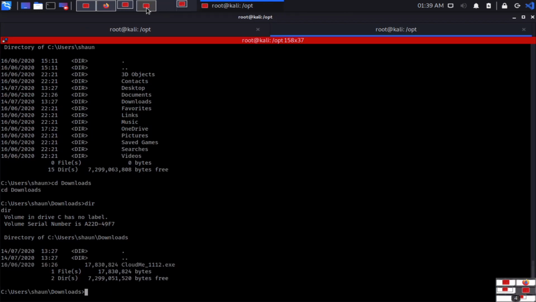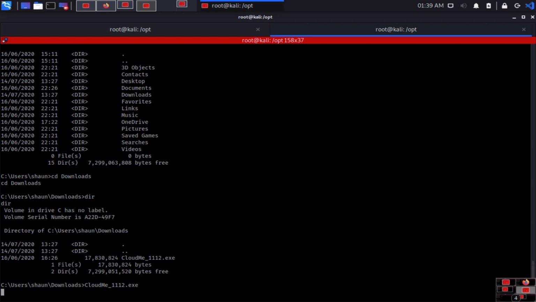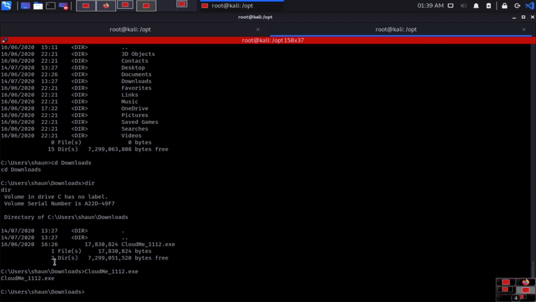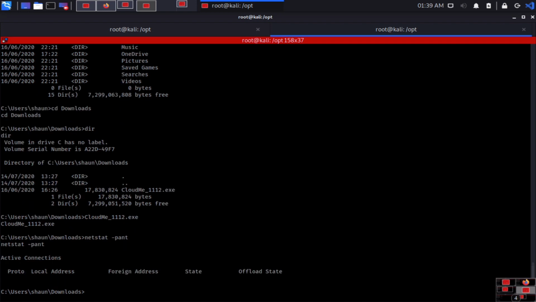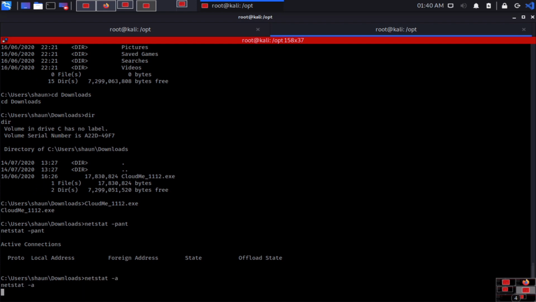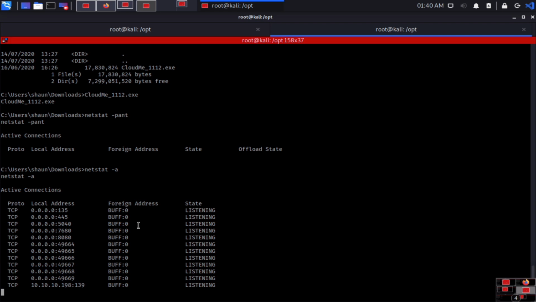What I can do is go and try to run this file. Let me check CloudMe, Control Shift and then run it. Okay, I tried to run this file. You can see it is running now. Now just type netstat -pant. Sorry, this command is for Linux, so it is -a, and here you go.